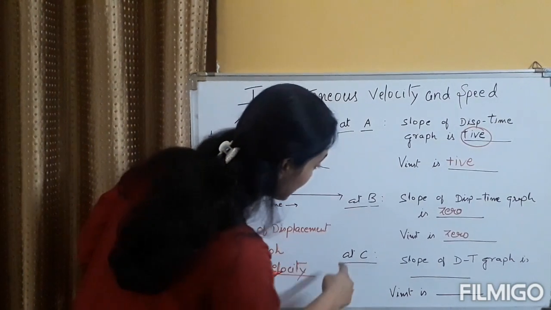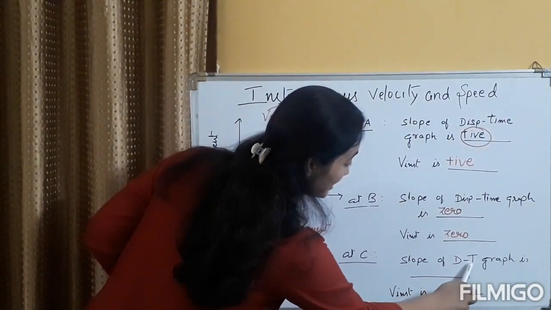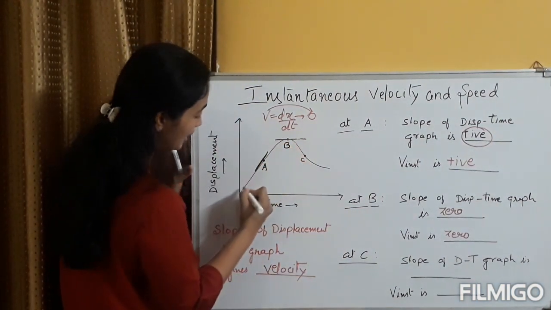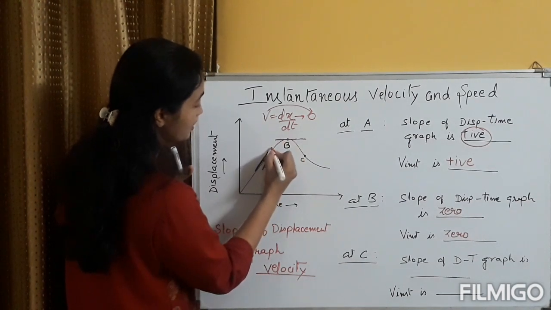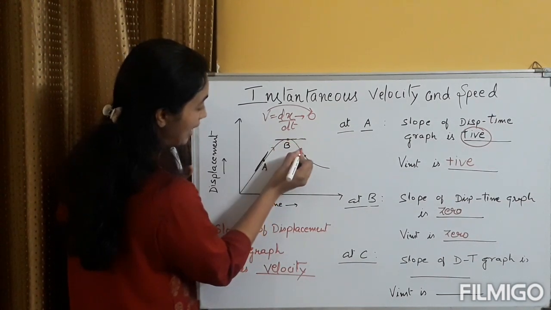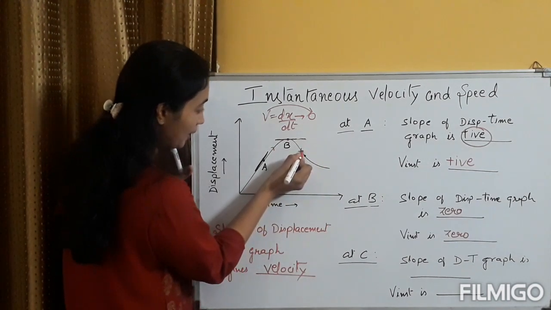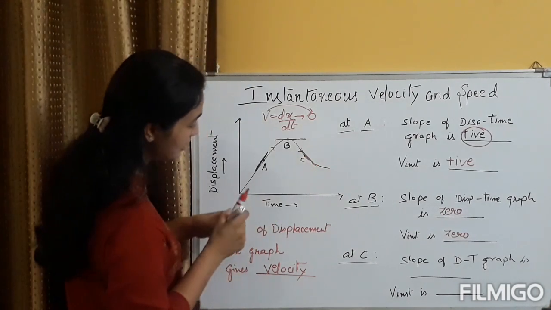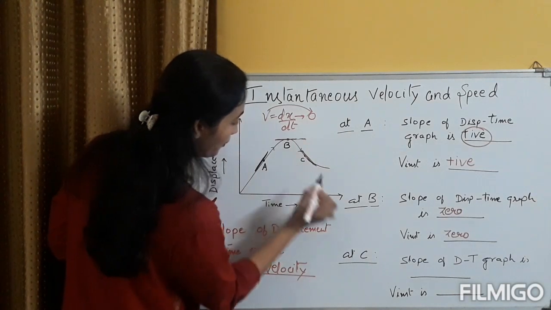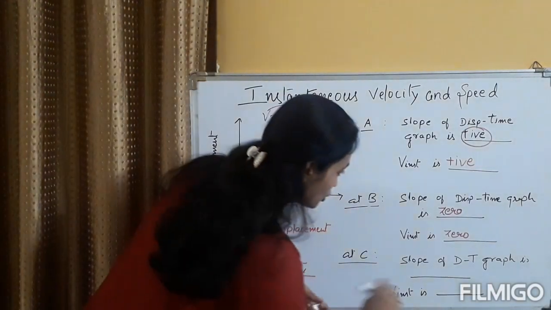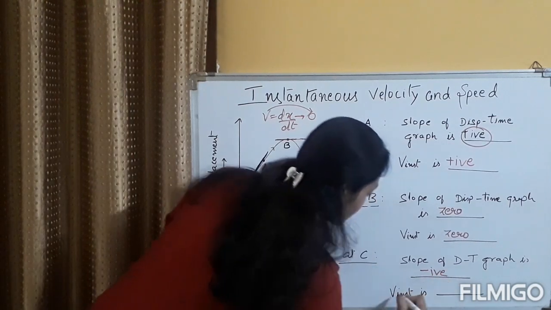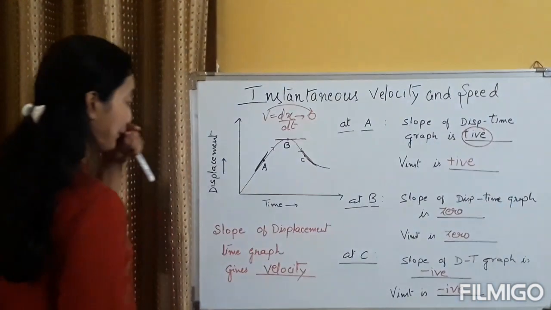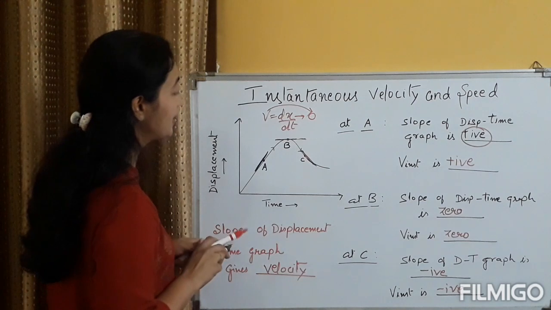Let us see at the point C. At the point C, the curve is in the downward slope. Can you see? Here on the A side the curve is rising, it is 0 here, and here it is going in the downward direction. So at the point C, if I mark the tangent like this, what is the slope indicating? The slope of the displacement time graph is negative. And what is the information it is conveying about instantaneous velocity? Yes, instantaneous velocity is also negative at this particular point.